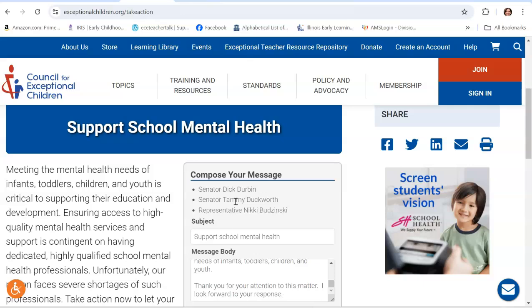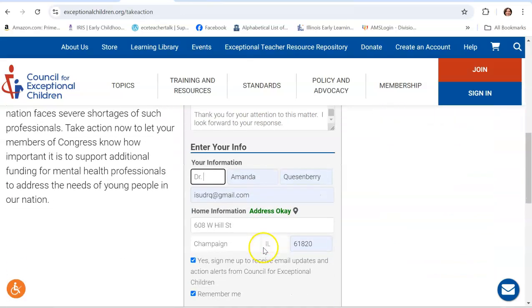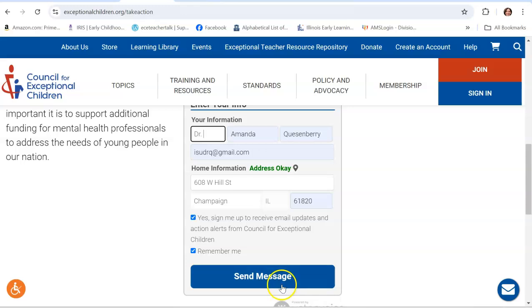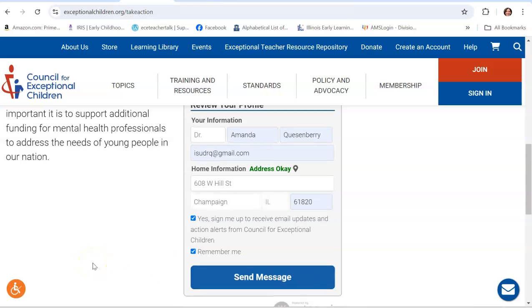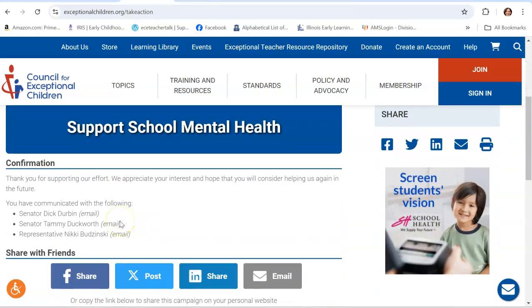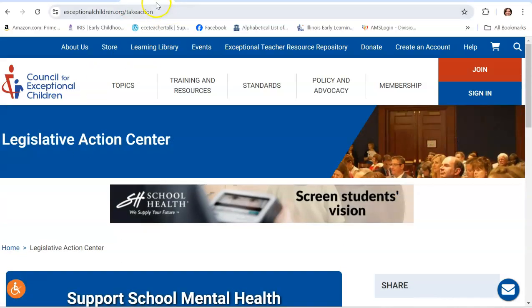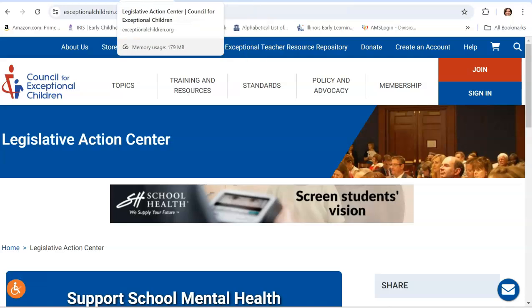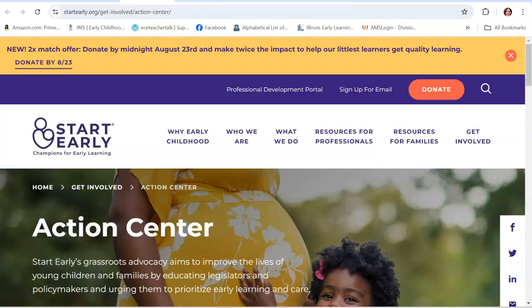Remember, we only have two federal senators for each state. We have lots and lots of representatives. My representative, because I live in Champaign, is Nikki Budzinski. So I could make sure everything is right, click send message, and that's all there is to it, okay? And so in the future, when you are thinking about writing legislators, there are very quick and easy ways to